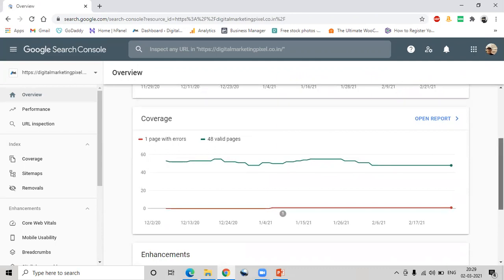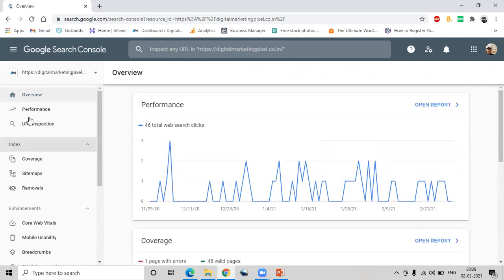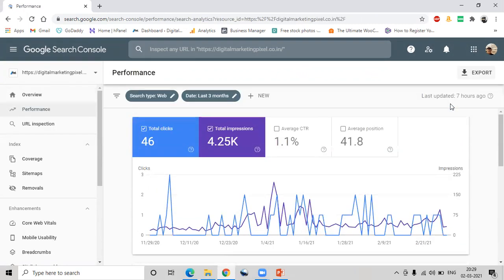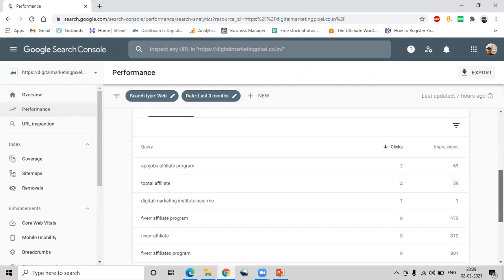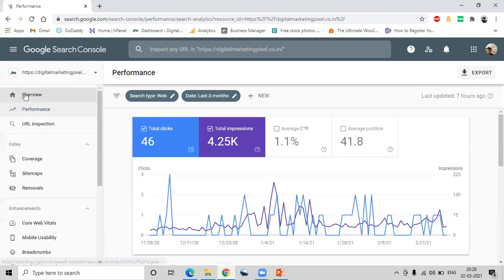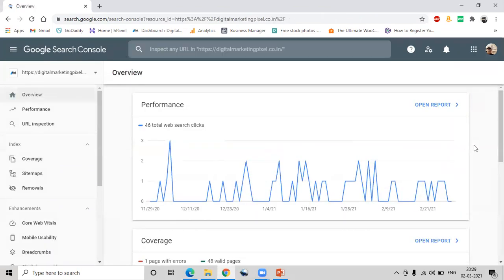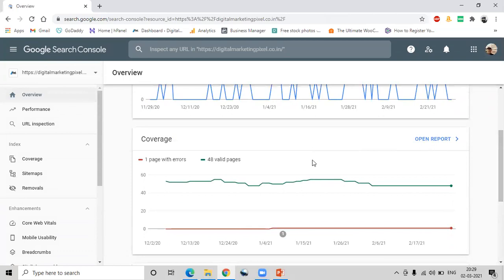So this is all about the performance. Now you can see here, Coverage. It says one page with errors and 48 valid pages.